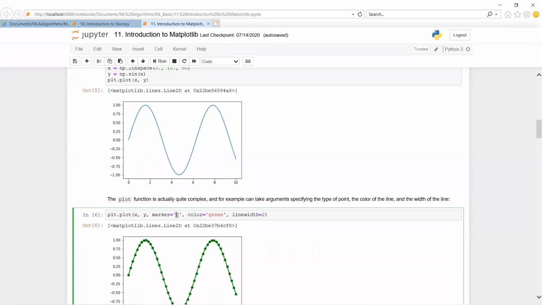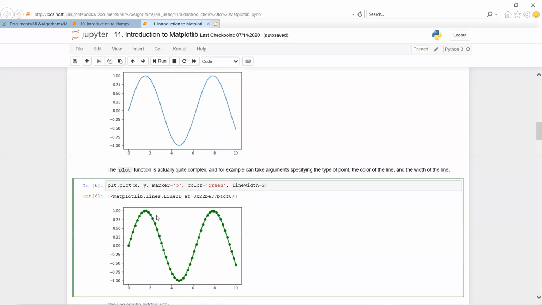So marker means here we can go with star and dash and O like this, according to our requirement. So how we are going to represent a marker, it is going to print here. Okay, so it is about color and width. So color is green, line width is 2 millimeters. So according to that it is going to print.